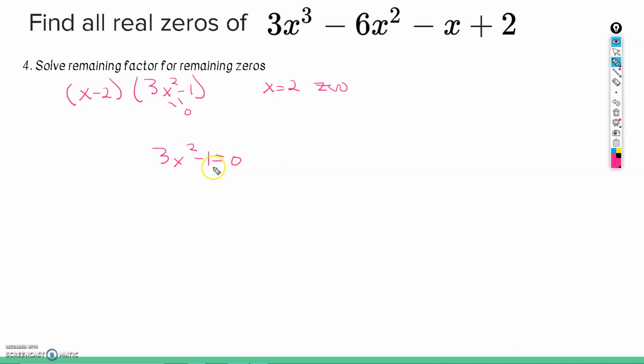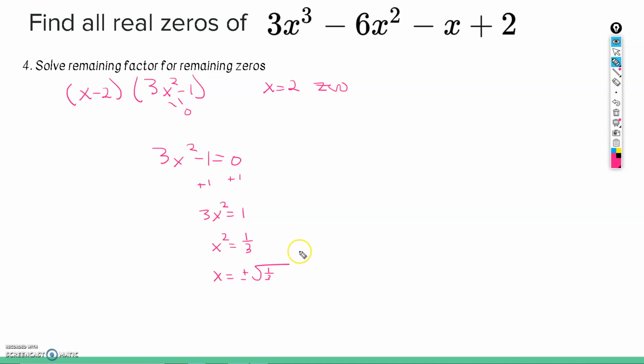In this case, we can just straight solve it out by adding 1 to both sides. I get 3x squared equals 1. Let's divide everything by 3. X squared equals 1/3. Let's take the square root of everything. When you take the square root of everything, you need to put a plus or minus out in front. Okay, so we would have the square root of 1/3 and negative square root of 1/3, but